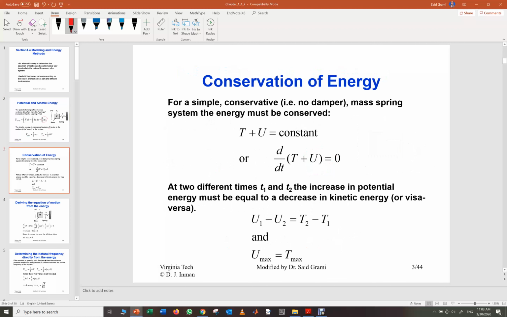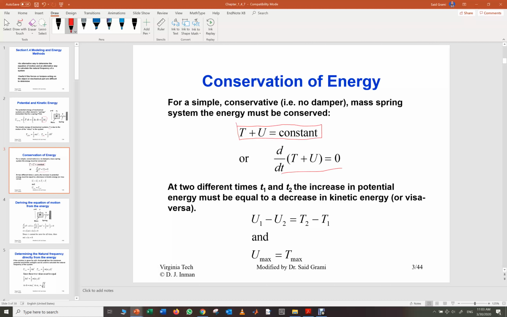Conservation of energy. For a simple conservative system, that means no damper, a mass spring system, the energy must be conserved. So when we have no damper in the system, we have conservation of energy. That means the potential energy plus the kinetic energy is equal to a constant. So the sum T plus U is constant. Or if we take the derivative with respect to time, since T plus U is constant, the derivative with respect to time of T plus U will be equal to 0. So this is another equation of